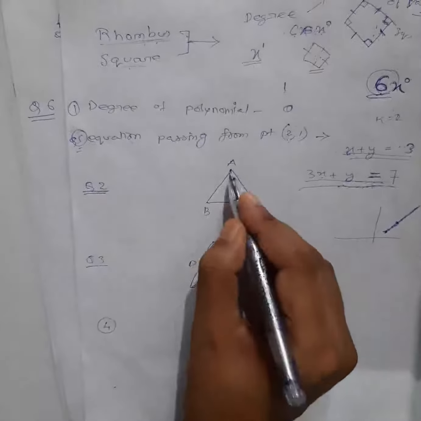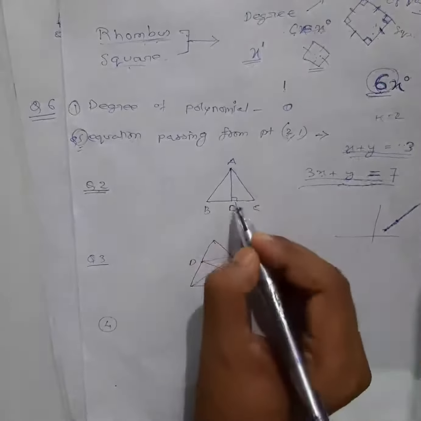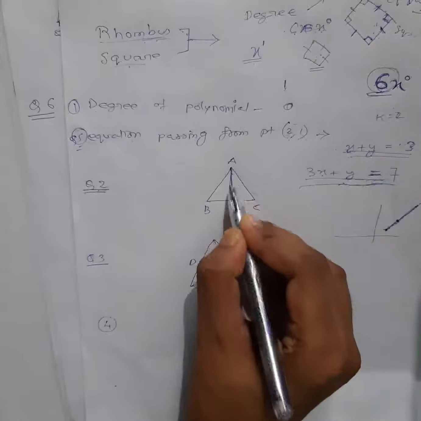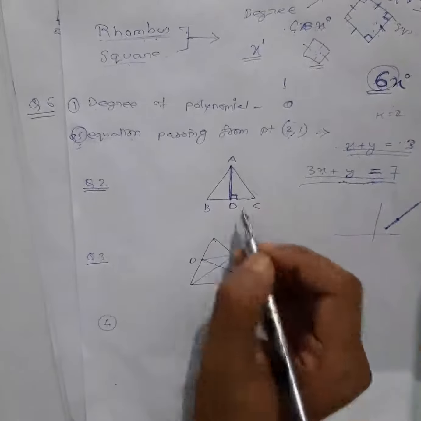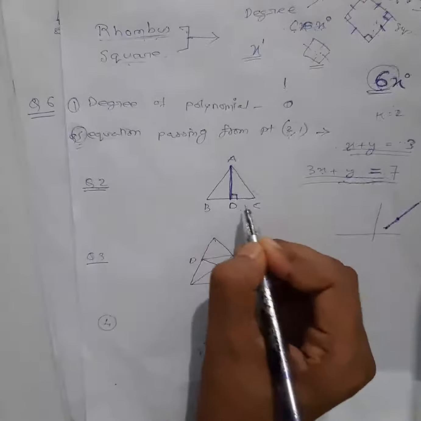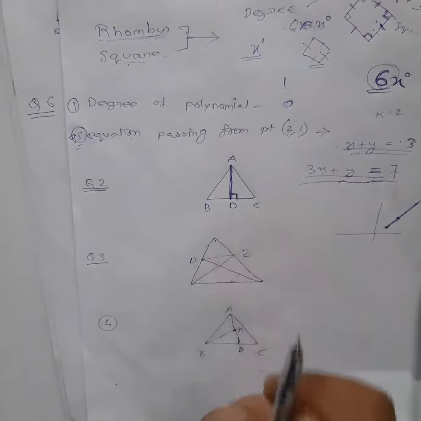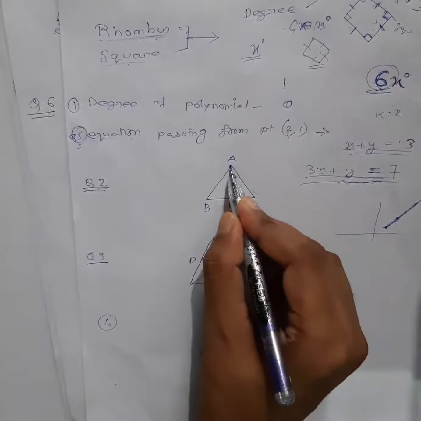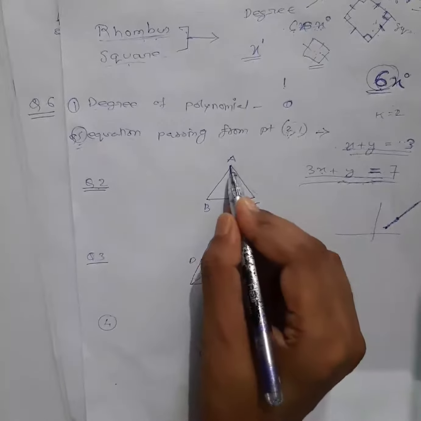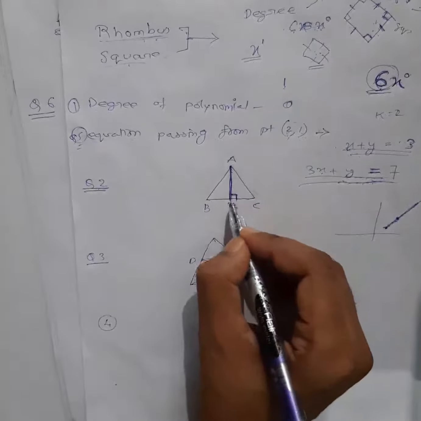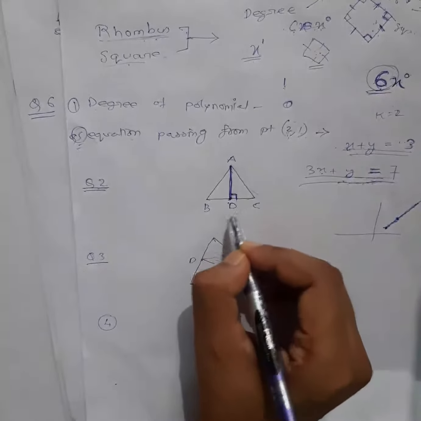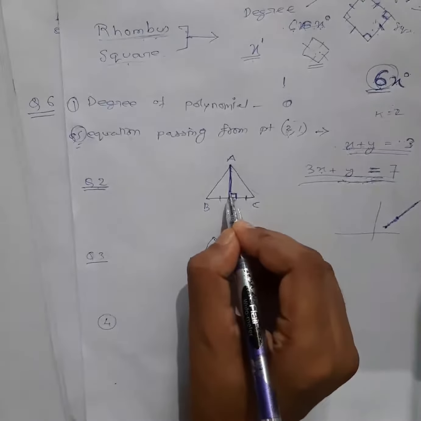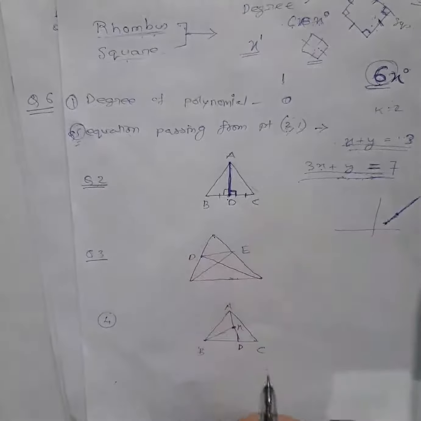It was about showing AB equal to AC, and the given information was only this, that this is a median, right? So if this is a median and this angle is given as 90 degrees, first thing you need to know is what a median is. A median is a line from a vertex to the midpoint of the opposite side. So this will be the midpoint. So if this is the midpoint, this and this are equal. This 90 degrees given means this also will be 90 degrees, right?